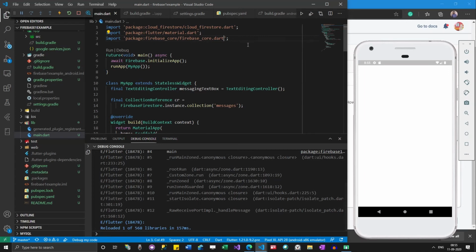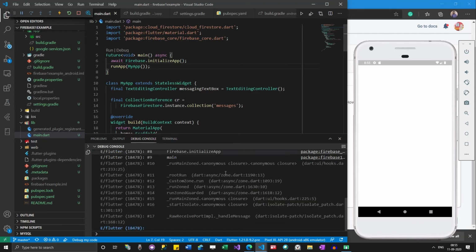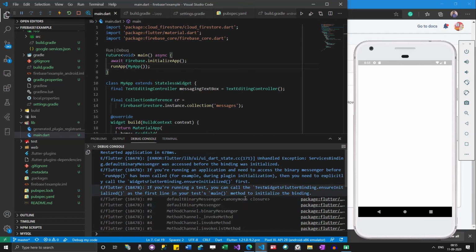Once I imported this Firebase core package, it got resolved. So now we still have one more issue to resolve.